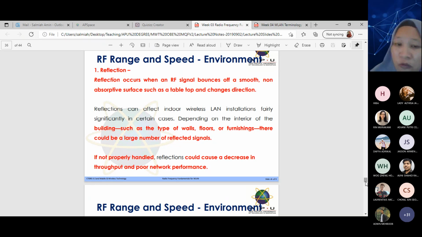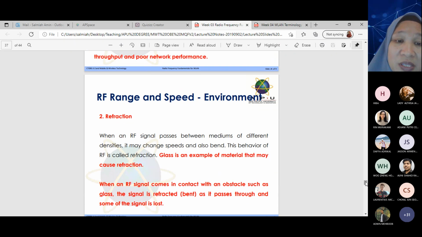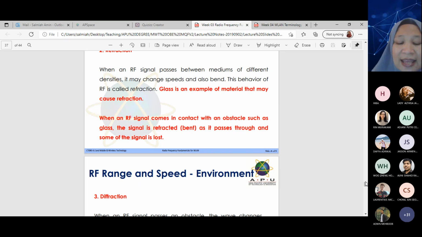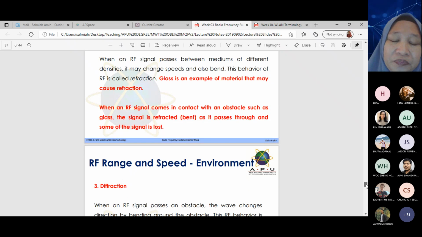Even the type of wall, type of floors, mosaic, furnishing, type of furniture, right? If we do not handle these materials properly, it might lead to reflection, which will decrease the signals. That's the reason why it's better for us to have open space. Refraction, like glass. Normally when certain signals travel through glass, it will still be absorbed, but it will refract to a different side, meaning bending. So it still reduces the signal.